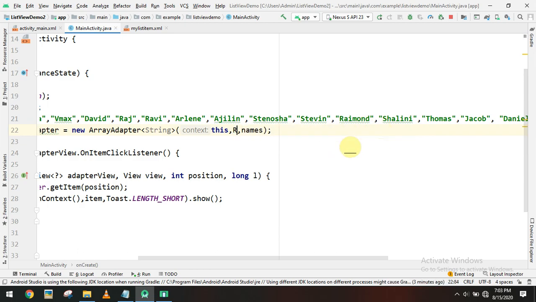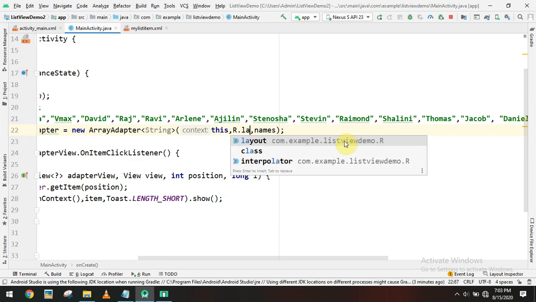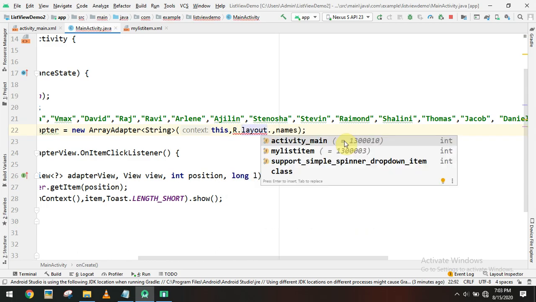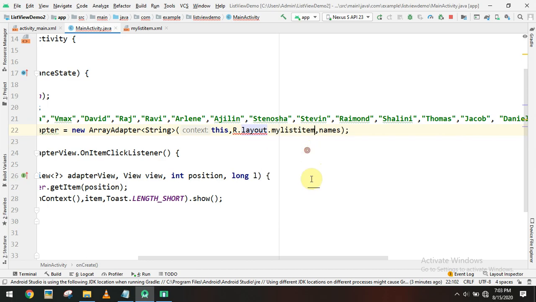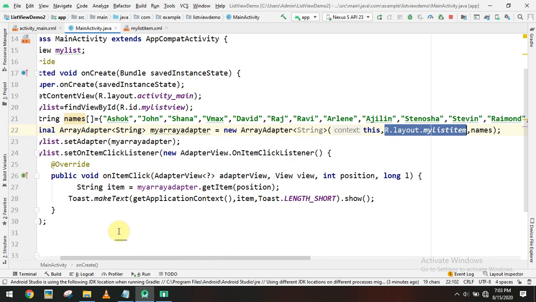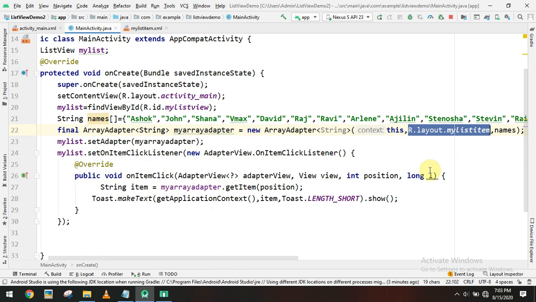So instead of this, we can change to R.layout. our own layout. Just now we have created an XML file, my list item. So now this array adapter works based on our layout XML file for populating the list item. So now let's see the output again.